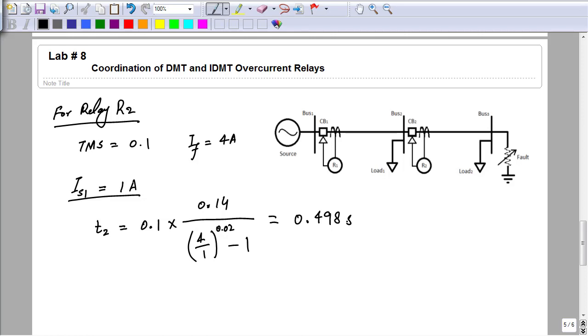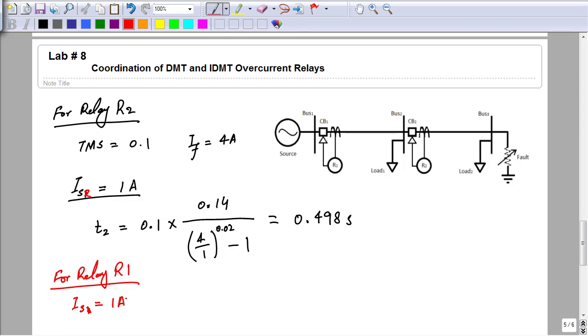Now by using this operating time, we can now do the setting for relay R1. So TMS is unknown, we only know the fault current value and the I set current. I set here was for relay R2, and this is for relay R1. I set for relay R1 is also equal to the same current, 1 ampere, because it satisfies the upper and lower limits of both relays.